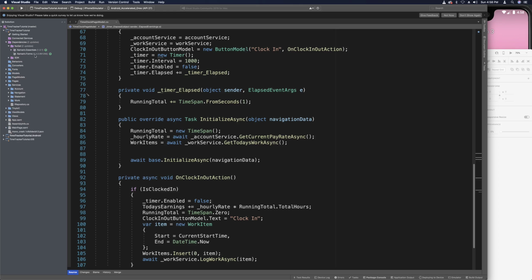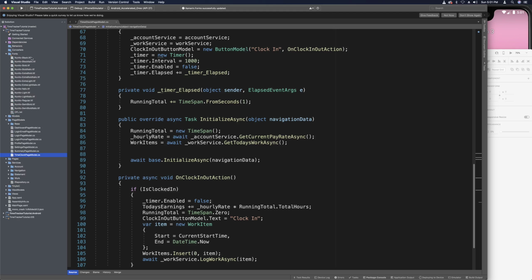And it's not. It's at 440. So let's go ahead and update all of these. We'll update Xamarin Essentials and Xamarin Forms in each of the projects. So once you've updated Xamarin Forms and Xamarin Essentials in each of the projects, the shared and Android and iOS, and you've added your fonts to the fonts folder and you've set the build action on each of the fonts,